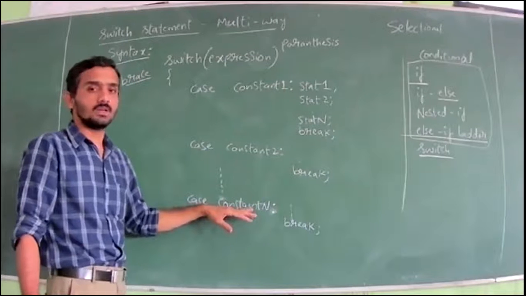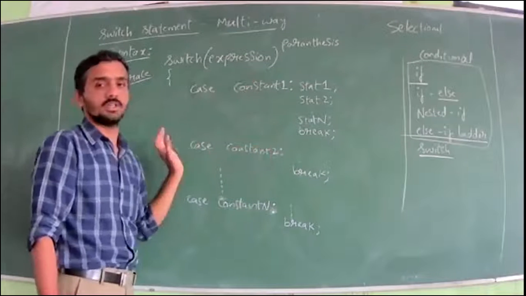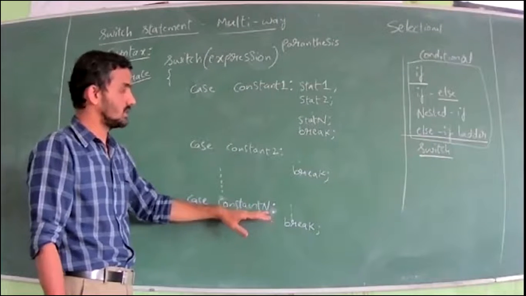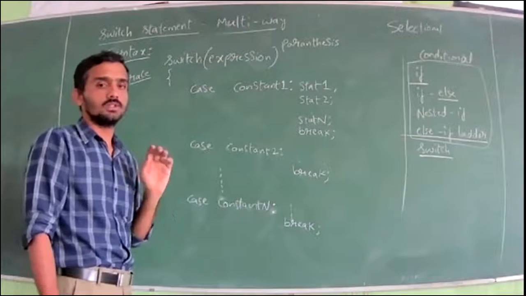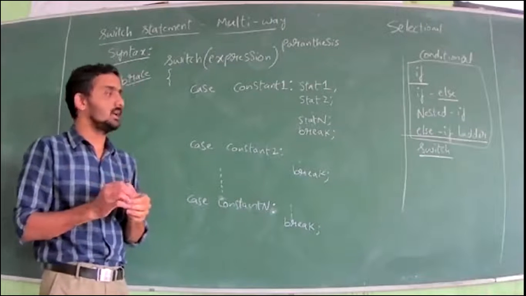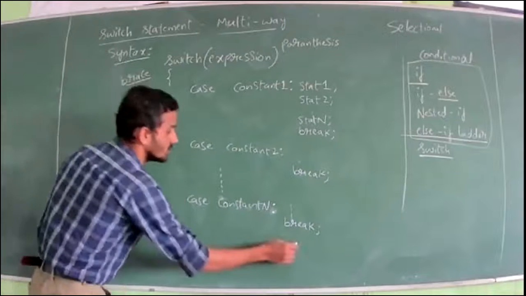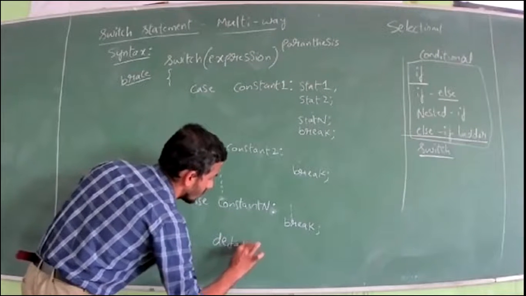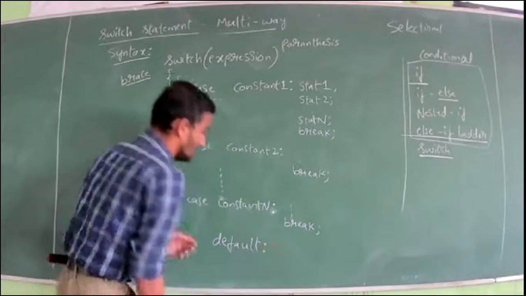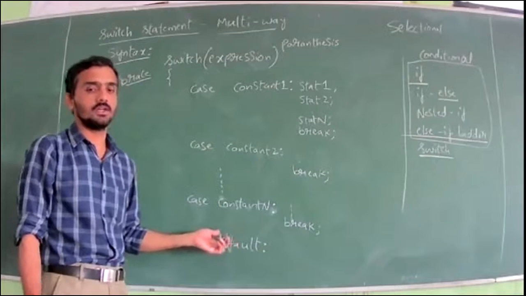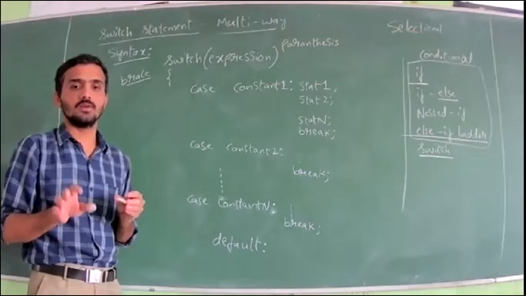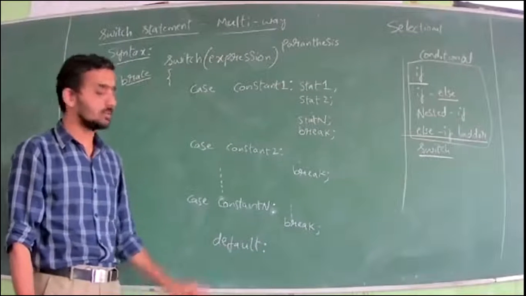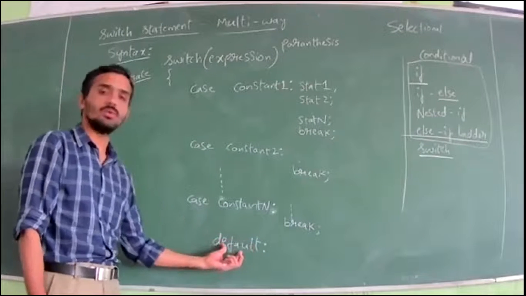See, in case of else if ladder also, condition 1, condition 2 up to condition n. Okay, if condition 1, else if condition 2, else if condition 3, in that way up to condition n. At the end, there is a default. Okay, if you remember the else if ladder concept, at the end there is a default. Similarly, for this also, there is a thing called default. Here, default is the keyword. In case of else if ladder, default is not a keyword. You can write capital letter D or the entire word in capital letters in case of else if ladder. But here you have to write it in lowercase letters because default is a keyword.